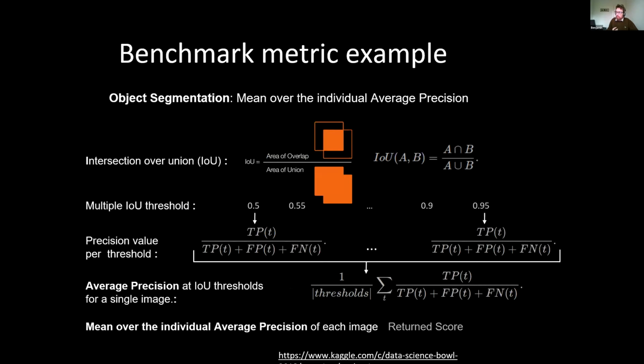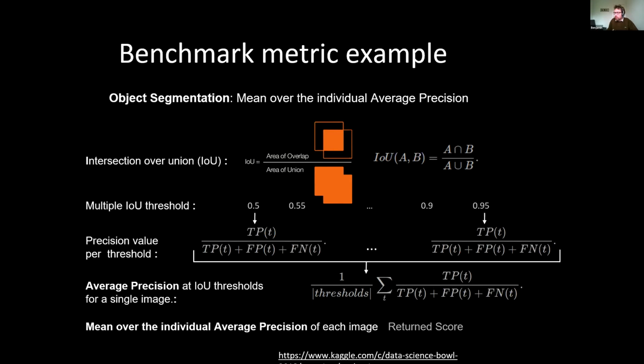We actually use another metric called the mean of the individual average precision, which has a few more steps to compute. This metric is used quite a lot now for object segmentation. For example, it was used in the Data Science Bowl 2018 on Kaggle. You don't see the link, but I can also put it in the chat. You basically have to compute the intersection over union of the detected object and the ground truth. Then you